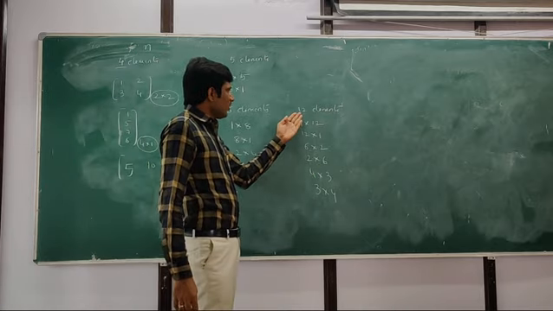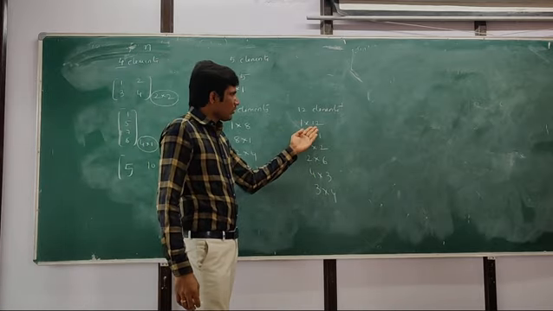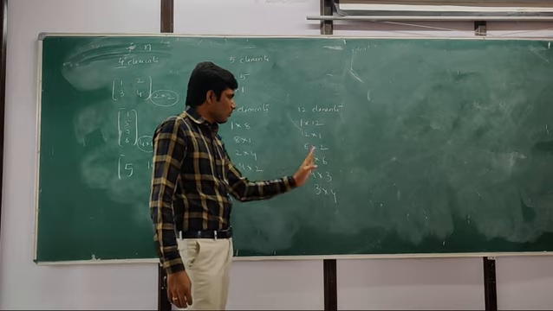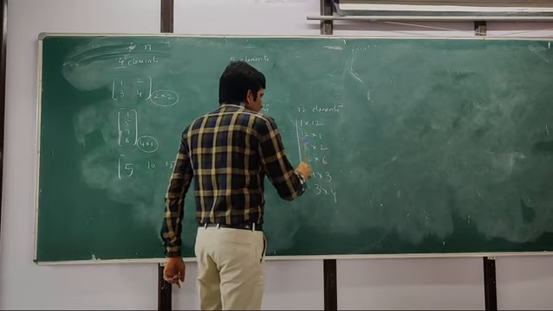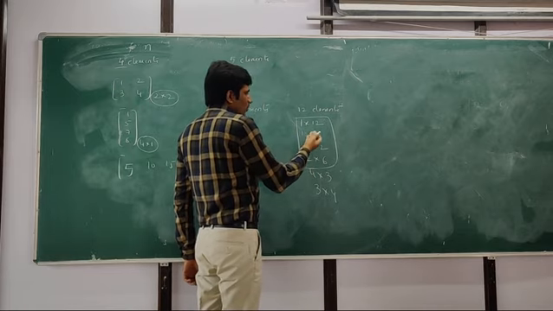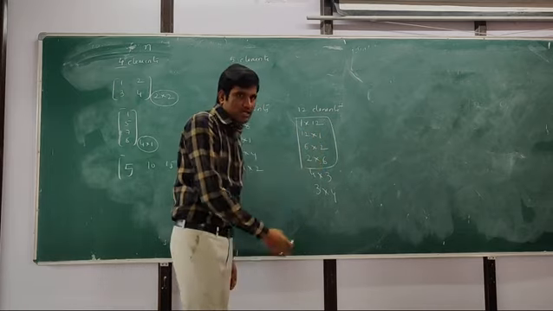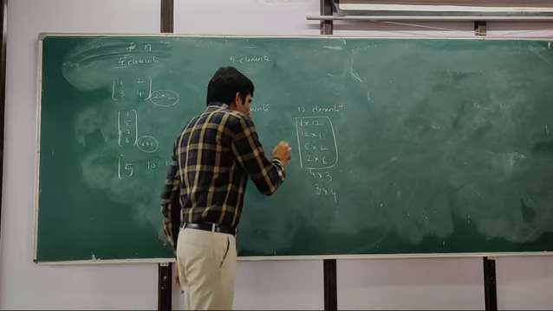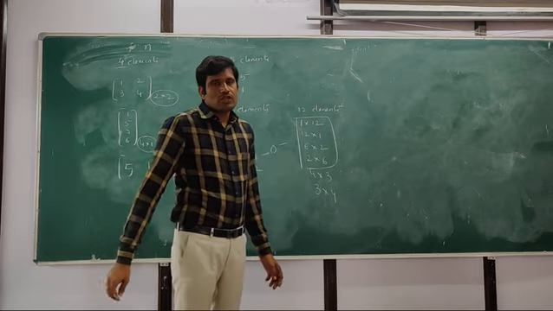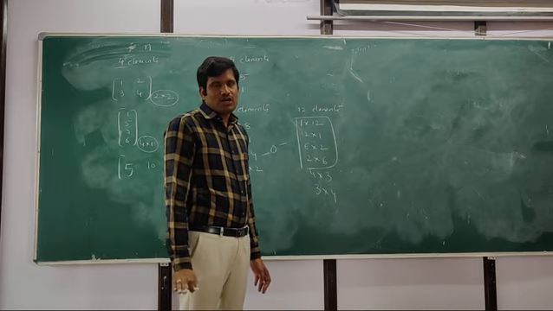When a matrix is having 12 elements, the possible orders are 1 cross 12, 12 cross 1, 6 cross 2, 2 cross 6, 4 cross 3 and 3 cross 4. Suppose in exams you write 1 cross 12, 12 cross 1, 6 cross 2, 2 cross 6, but you forget to write 4 cross 3 and 3 cross 4, the marks given will be 0. Half marks are not allowed in exams.